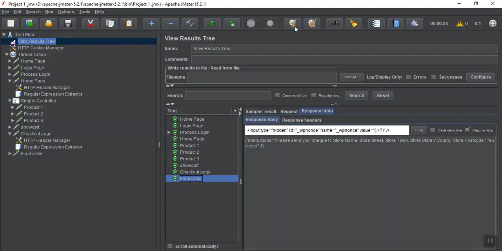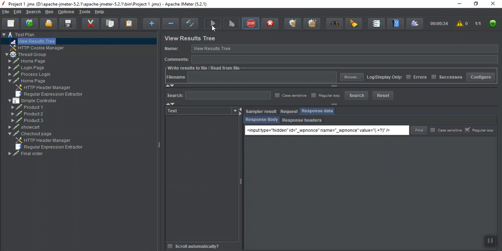Clean it and run it. Let it run. It is running.